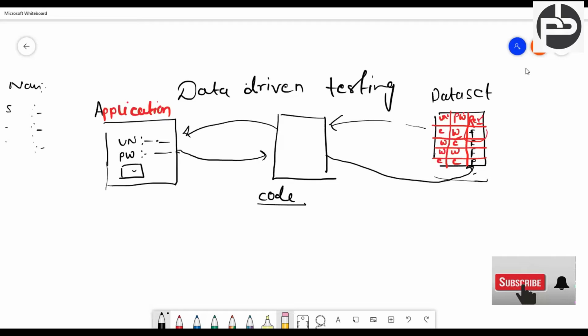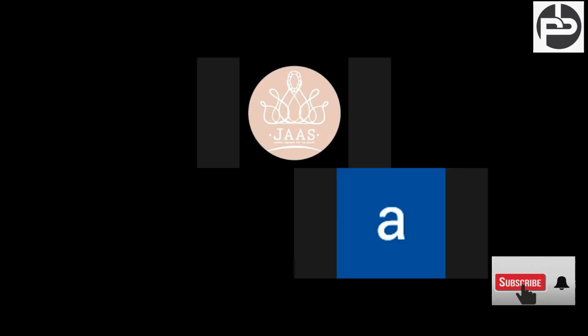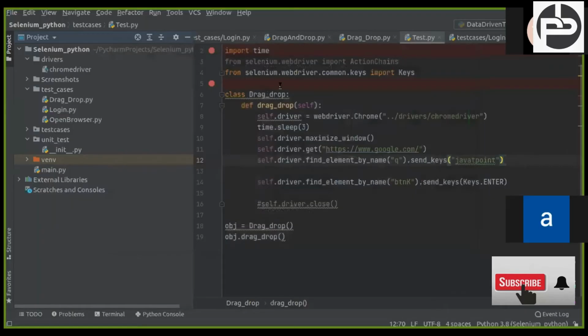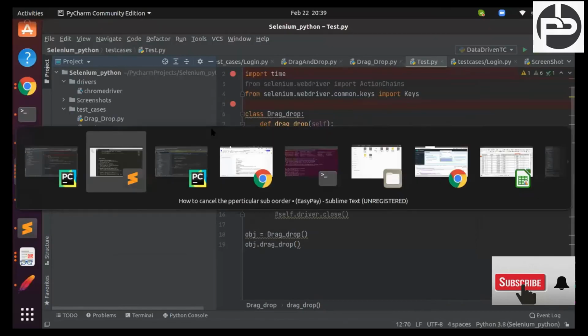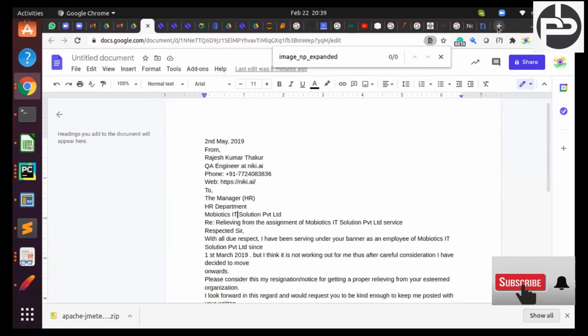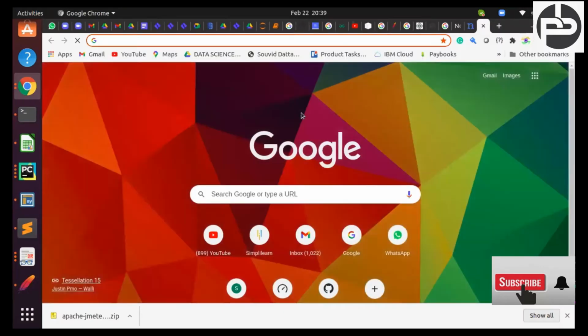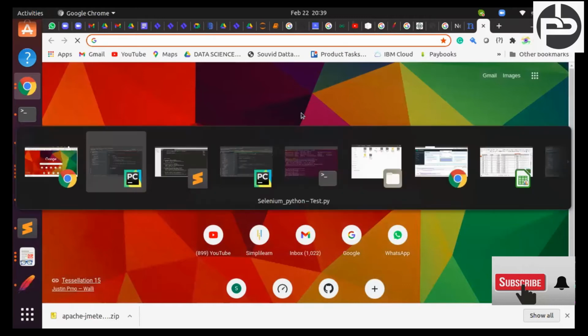Now let's understand how we are going to perform these things. I'm going to stop this and share my PyCharm now. Let me share my entire screen so it will be better. So let's suppose we have our application.